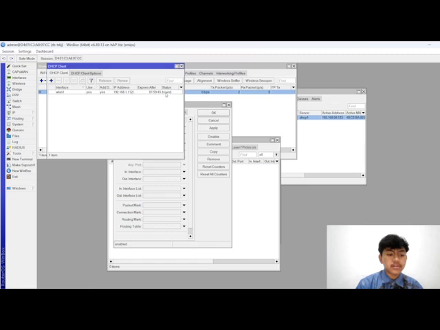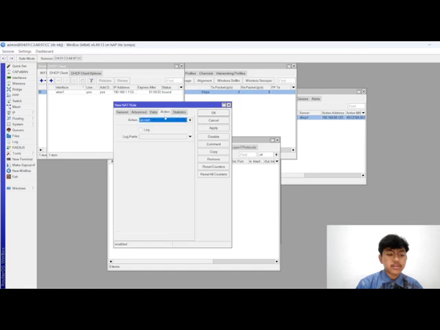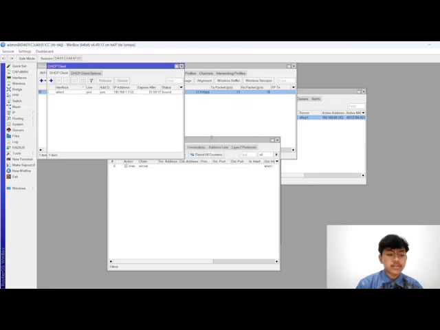In firewall NAT, the out interface is wireless LAN, and in action choose masquerade, then apply and OK. And then we got to the internet.